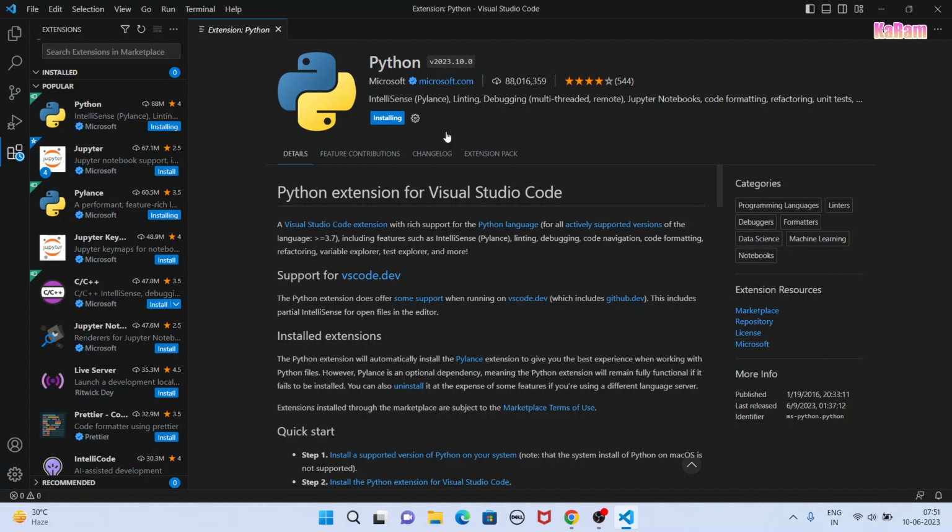So yeah, that's how you can install Visual Studio Code on Windows 11. Hope you like it. And in the next video, I'll show you how to basically run your first Python code,